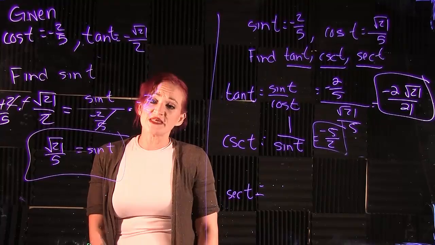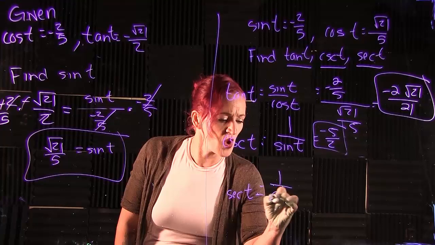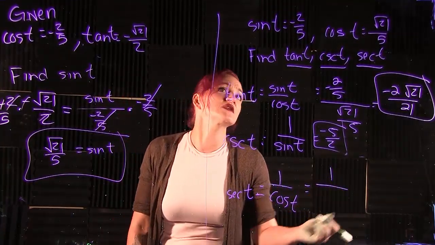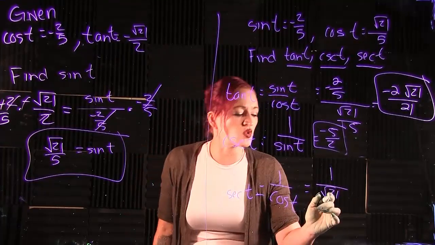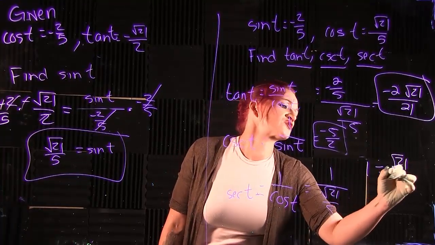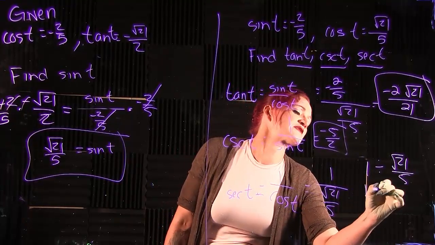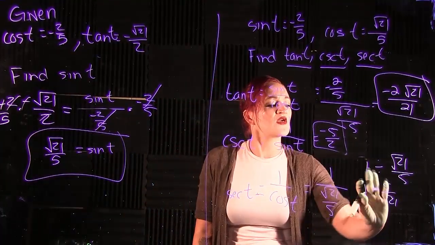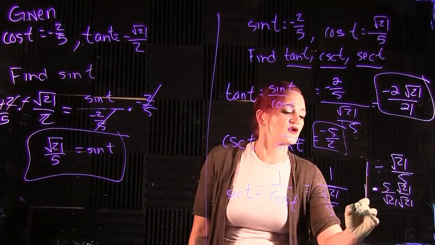And for secant t, one of our reciprocal identities, secant t is equal to 1 over cosine t. So in order to simplify this, we are doing 1 over the square root of 21 over 5. Using our division rule, that changes to 1 times 5 over the square root of 21. 1 times anything is that anything. Just rationalize the denominator real quickly, leaving us with 5